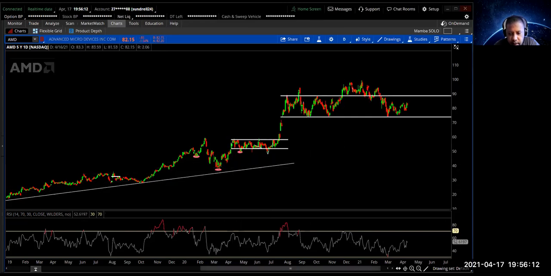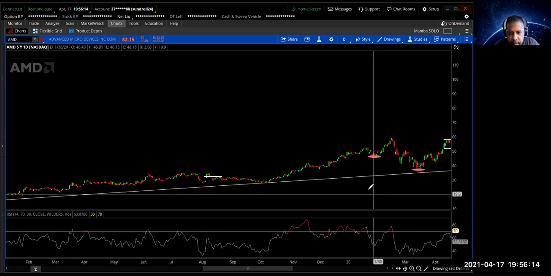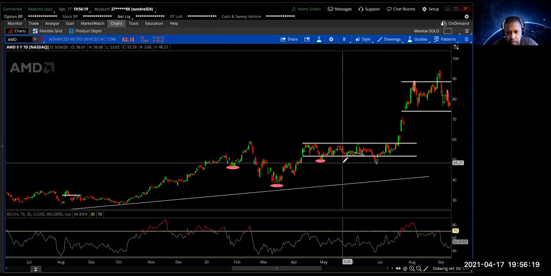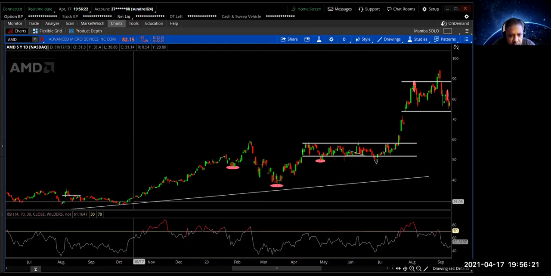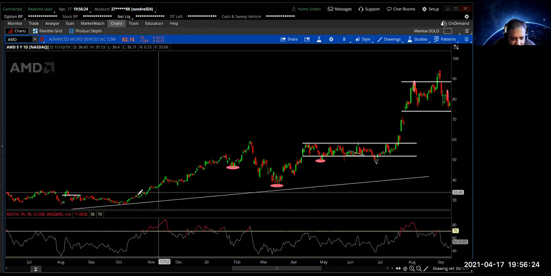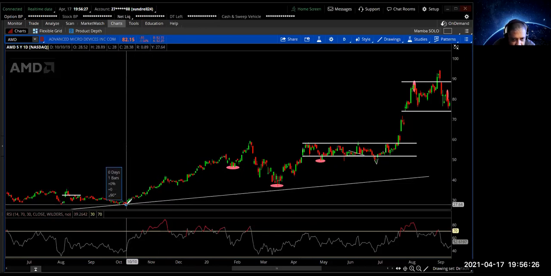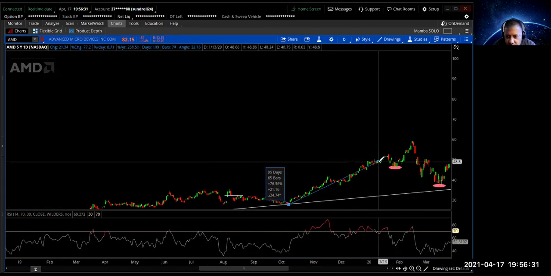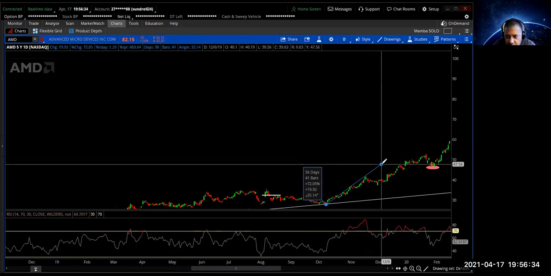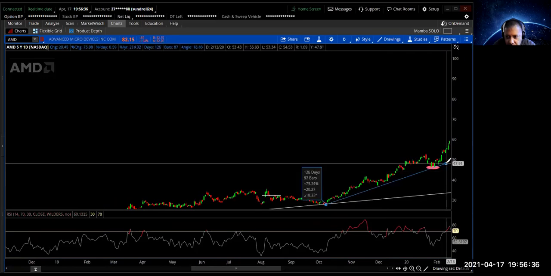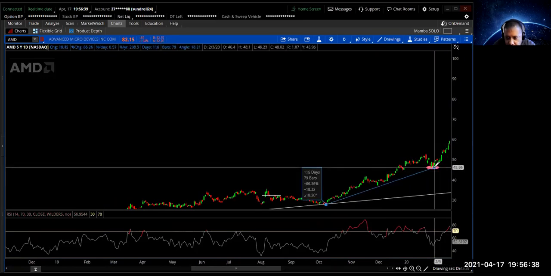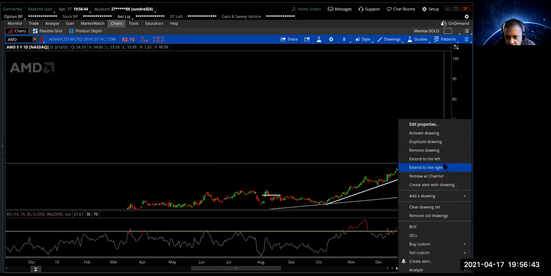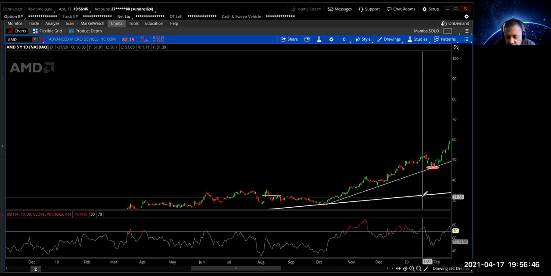If I zoom in on AMD, we see that's a trend line over here. But if I go a little bit further in here, I could draw from the bottom here. And we're not looking further to the right. We're just looking at what's going on right here. And I'll make this the second point. I don't know if you guys can see it. I'm just going to stop it right there. Let me extend that to the right and see now,